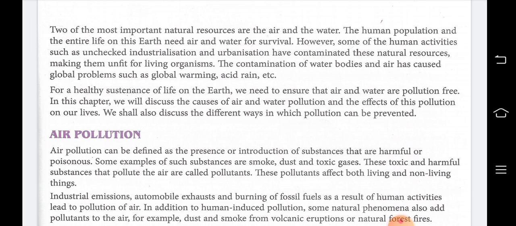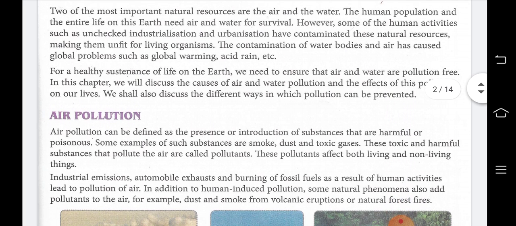So two of the most important natural sources which are important for us are the air and the water. The human population and the entire life on this earth need air and water for survival. However, some of the human activities such as unchecked industrialization, industrialization means